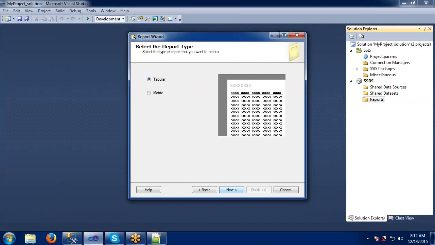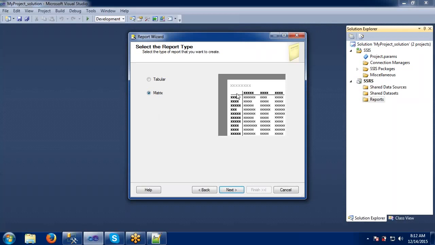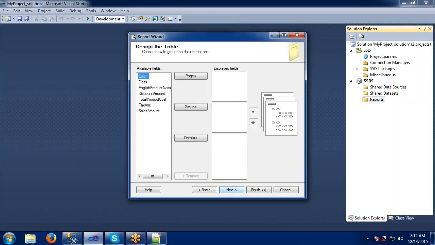As of now I will go with the tabular. The matrix we will be using when we are going to use SSAS, or we can try it also. I will show that in the next couple of minutes. This is tabular, where I am going to use this one. And here it is asking how you would like to have your report.